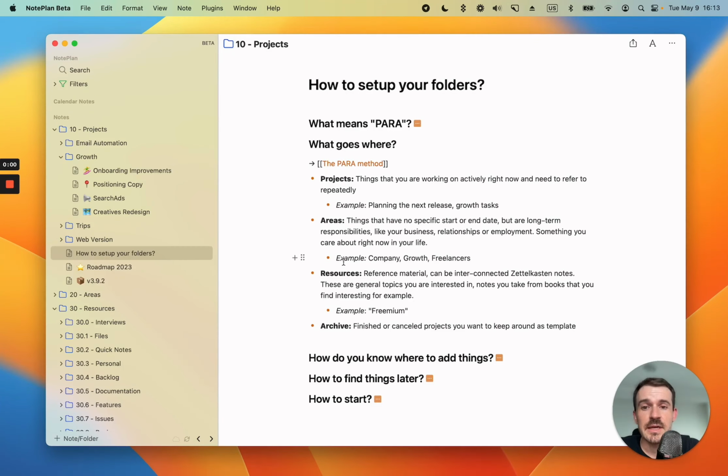So these are areas. And in the resources folder, you can collect notes on topics you are generally interested in, but you don't need them right now in any of your areas of your life or in your projects. You're just interested in this topic, for example, psychology, or any book notes you take, or topics like freemium or other business topics in my case. Let's take an example. It's